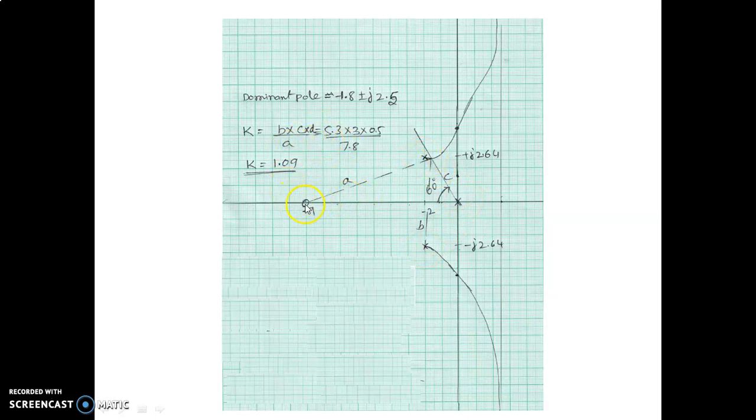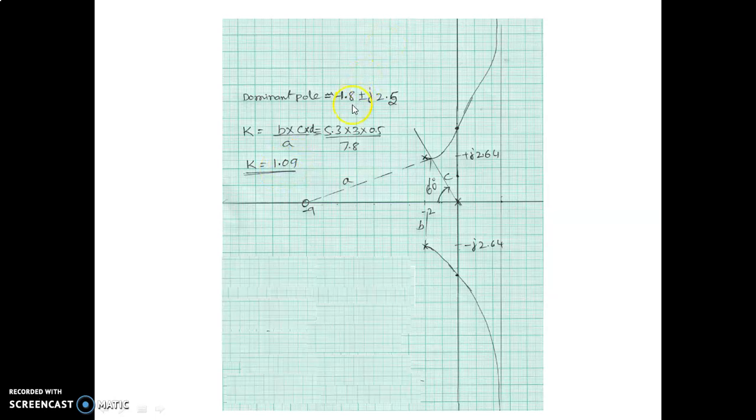The distance from this zero to the point of intersection is 7.8 centimeters, because here we have taken 1 unit equal to 1 centimeter. Then b happens to be 5.3 centimeters, 3 corresponds to c, and we have 0.5 as the distance from this complex pole to the point of intersection. Upon solving this,